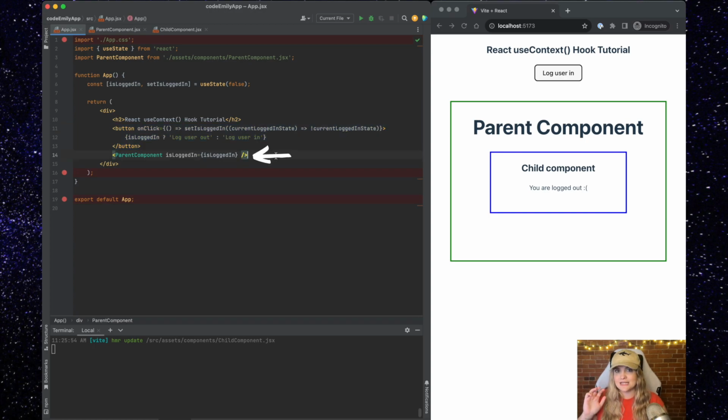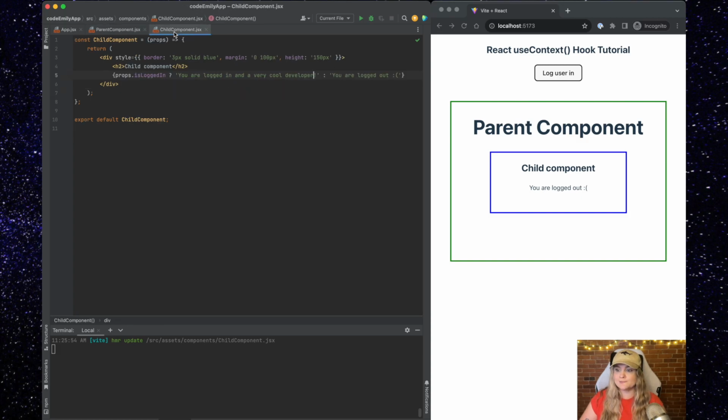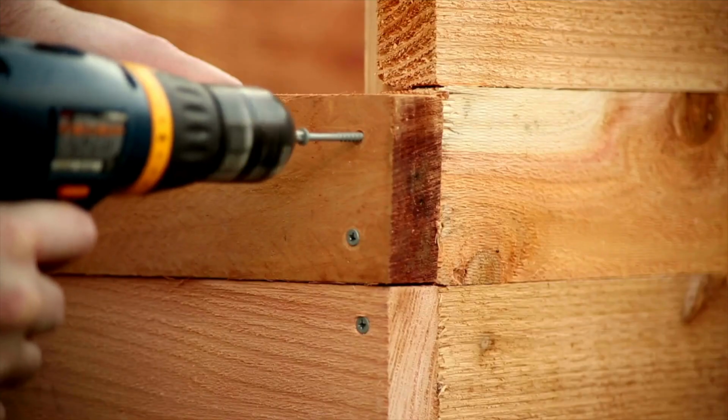We're then passing this isLoggedIn prop into ParentComponent. Inside of ParentComponent, we're grabbing the isLoggedIn prop and passing that down to another component called ChildComponent. Inside of ChildComponent, we have some logic that displays different text depending on your logged in state. Passing down this isLoggedIn prop from App to Parent to Child is something called prop drilling, and it should be